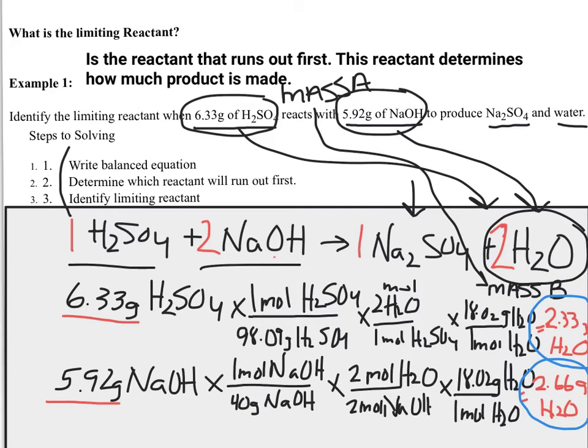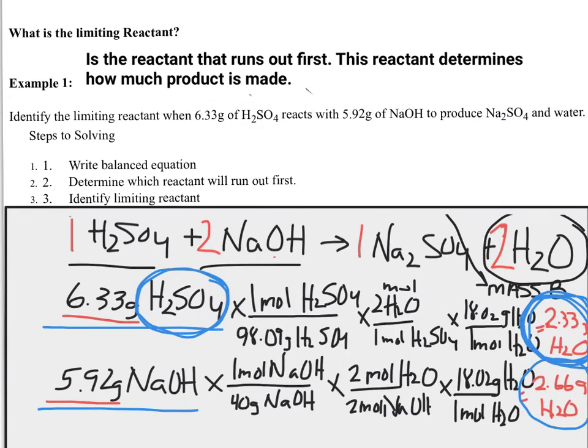Well, which one do you think naturally runs out first? Sulfuric acid, which estimates to make less water, or sodium hydroxide, which is estimated to make more water? Well, think about it. The one that makes the least amount of water is the one that would run out first. Therefore, sulfuric acid is your limiting reactant, which is step 3. Which one is the limiting reactant? So since sulfuric acid makes the least amount of water, we would say that sulfuric acid,